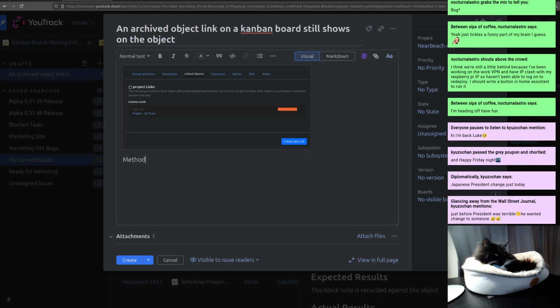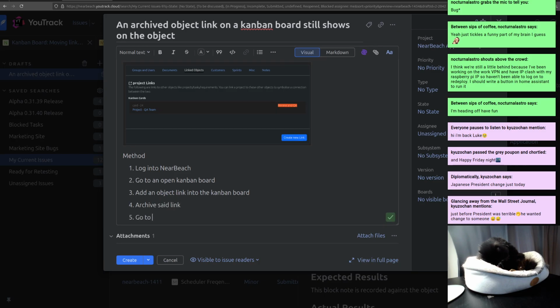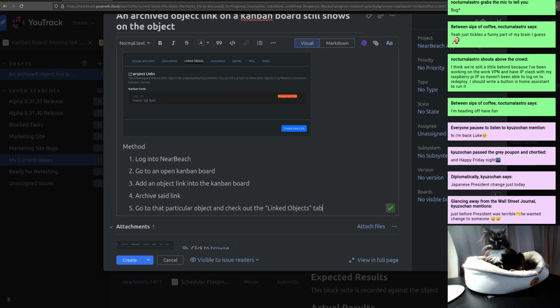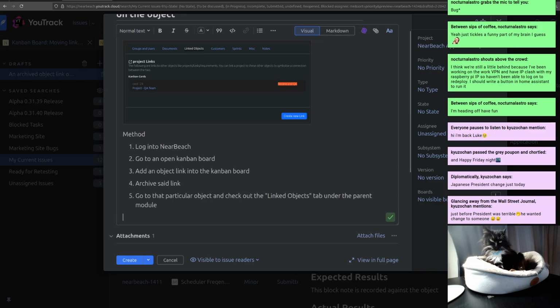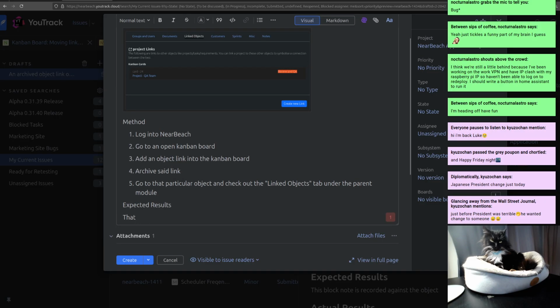So what we want to do, method: 1, log into NearBeach, 2, go to an open Kanban board, 3, add a link, object link, into the Kanban board, 4, archive said link. 5, go to that particular object and check out the linked objects tab under the parent module. Expected results: that card will